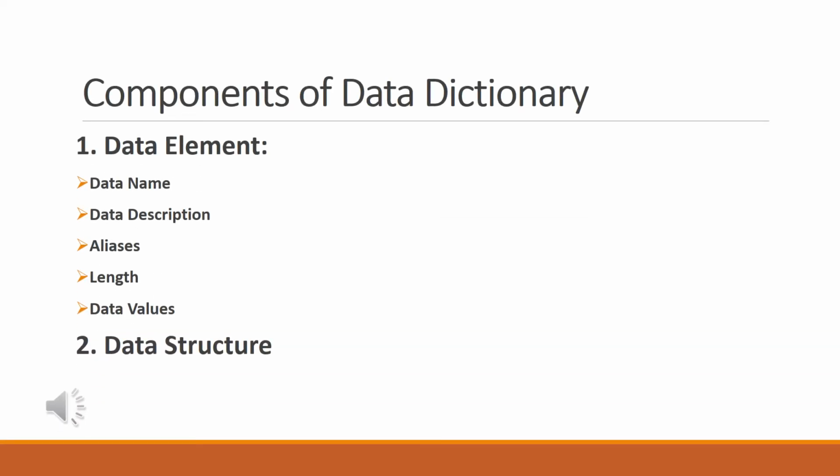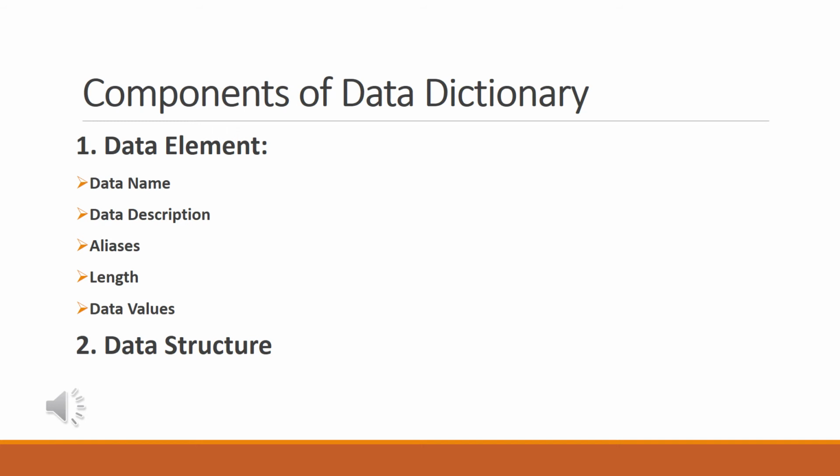Now next we'll talk about the components of data dictionary. The first one is data element. Data element, you can say, is like a building block for all the data that is stored in the database system. For example, in a table we have name, roll number. All these fields are the data elements. We can consider them as data elements. And these data elements consist of the following terms. The first one is data name, that is, what unique name we are giving to the data item. Each element is referred to by its name, so it will be easy for us to recognize that particular element.